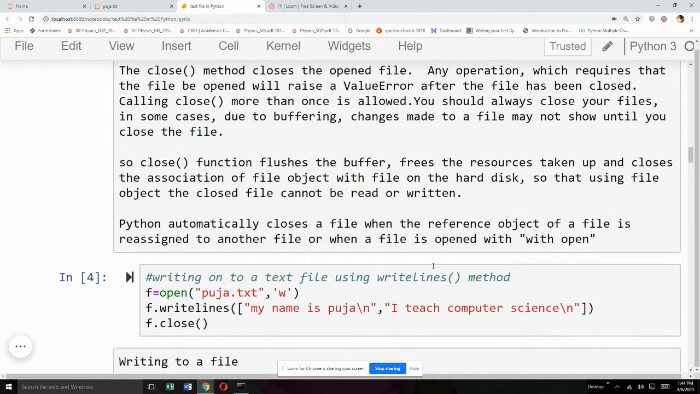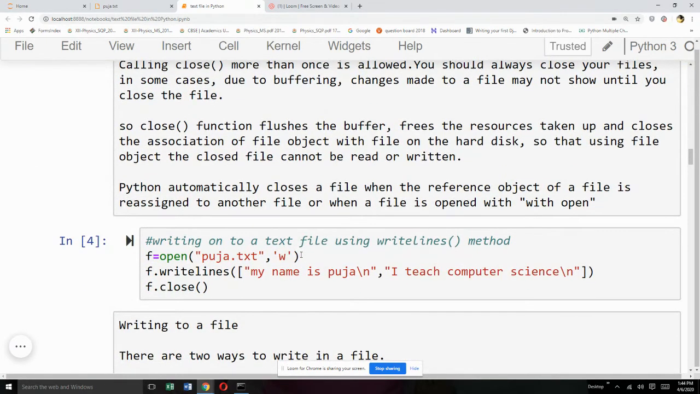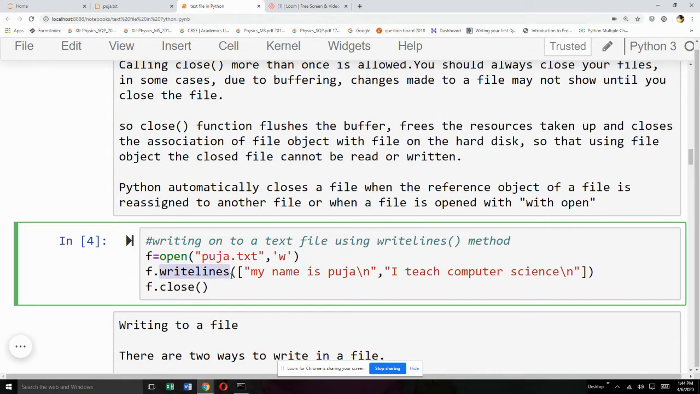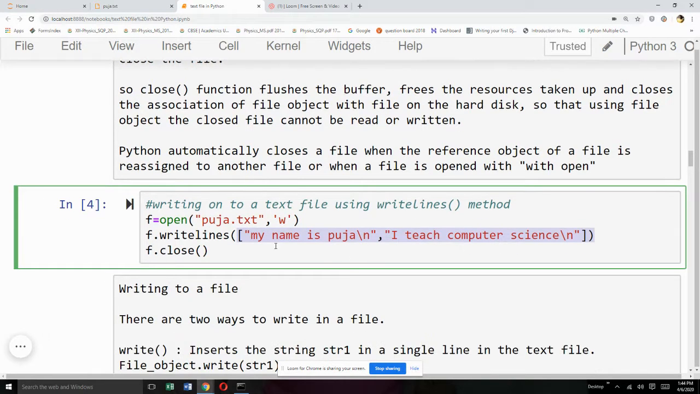Now let's move to the writelines function to write onto the file. This is another way to write onto a text file. How do you use it? You say writelines, and writelines requires a list of lines as an argument. Now you have to separate the lines in the list with a comma, and the same way it will be written onto the text file. So the first line written will be my name is Pooja, and the second line written will be I teach